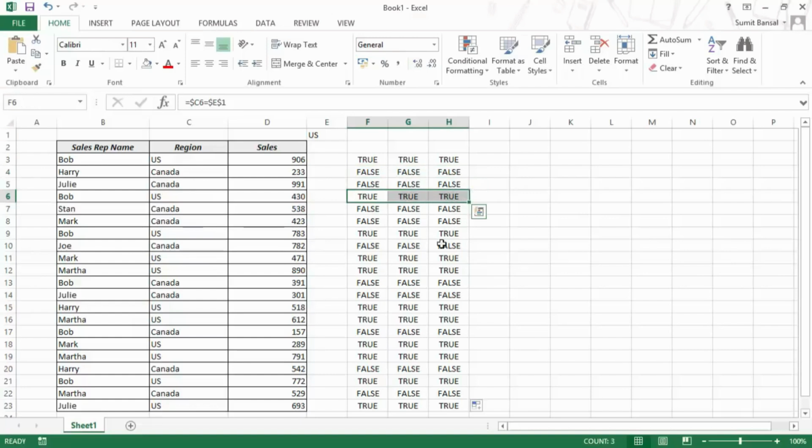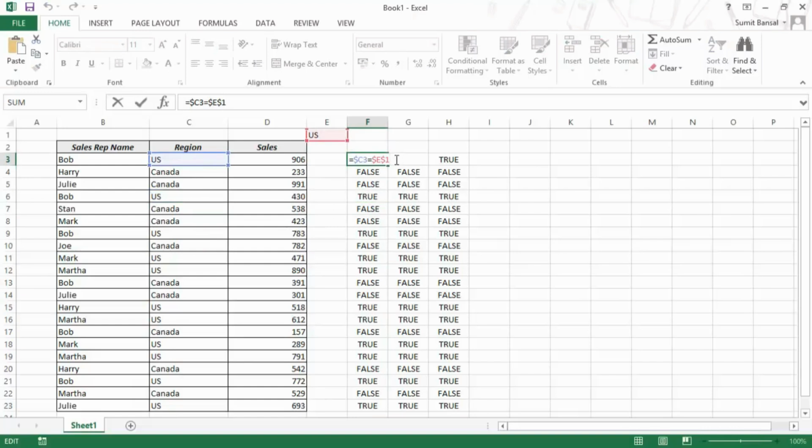Similarly here, all these three values return true. The reason being that I am checking only this cell here with this value, but when I go down, it checks for this value. When I go down further, for all these three cells, it only checks for this value. I would apply the same logic here in conditional formatting as well. So I would copy this formula,